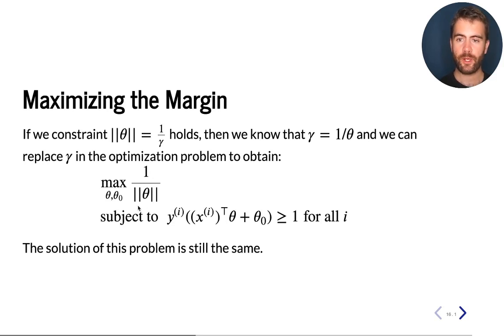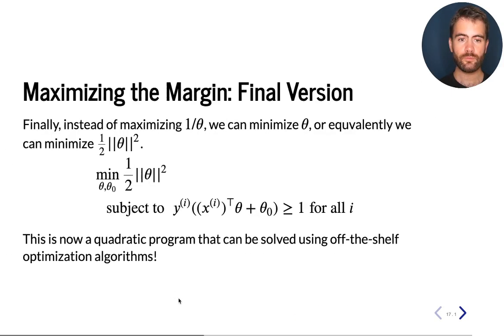We can make it simpler by the observation that maximizing 1 over the norm of theta is the same thing as minimizing the norm of theta. So maximizing a value is the same as minimizing its reciprocal. And so I can just flip the 1 divided, switch the max to a min, and I can also just make it squared and multiply by 1 over 2